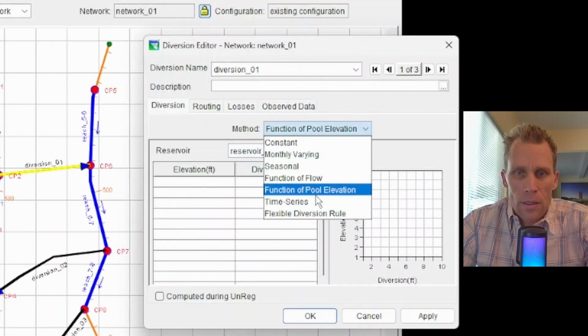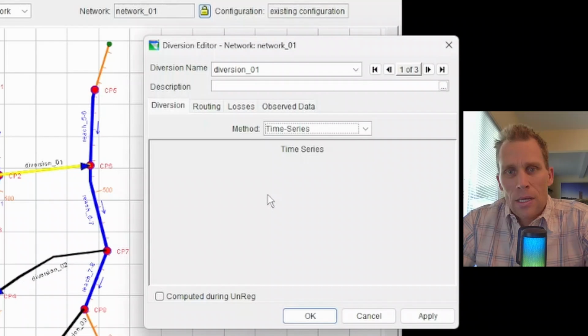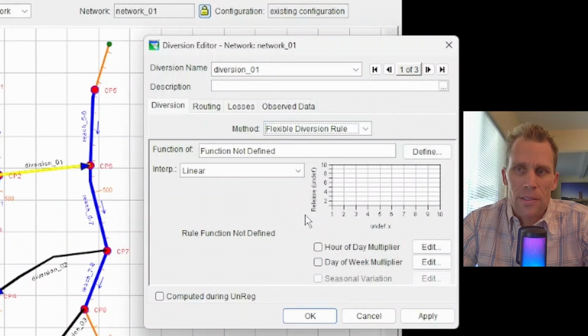All right. Next up is time series. Time series is controlled over in the alternative editor, so there's nothing to do here. But if we were to create an alternative, there would be a line item for us to enter a time series for the diversion. Okay, the last one is the flexible diversion rule, and what we see here is basically